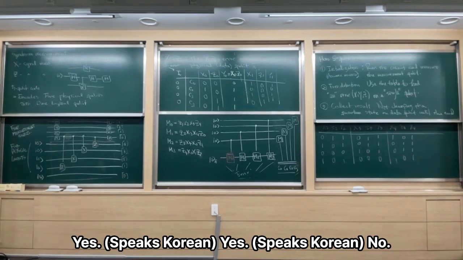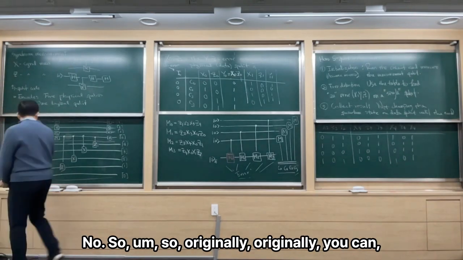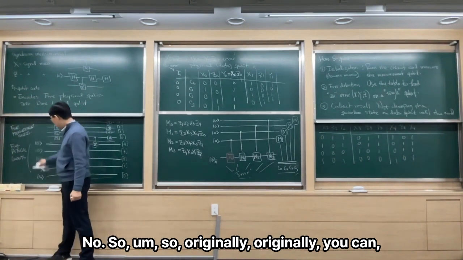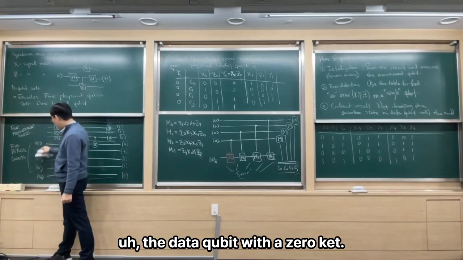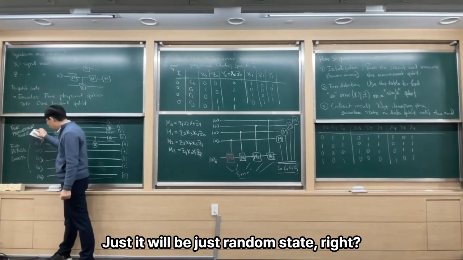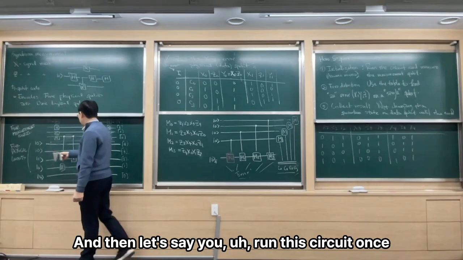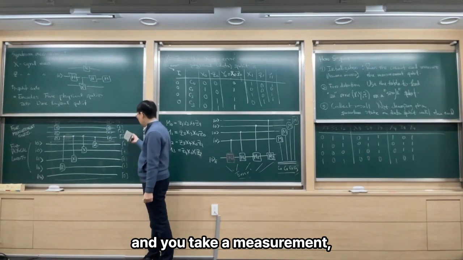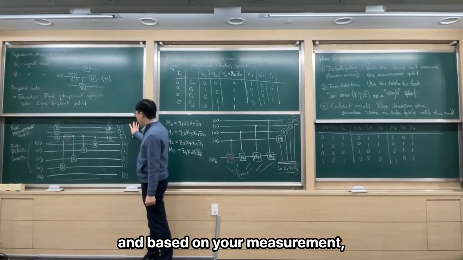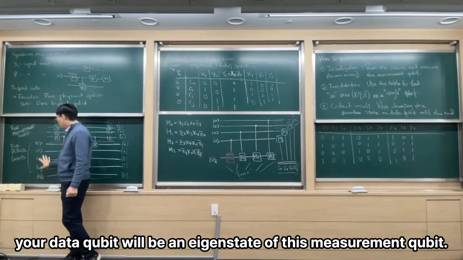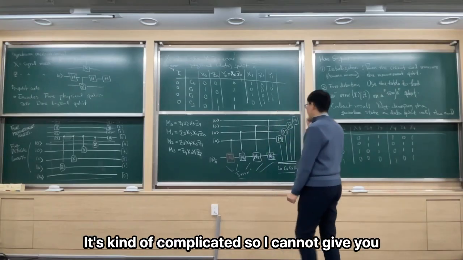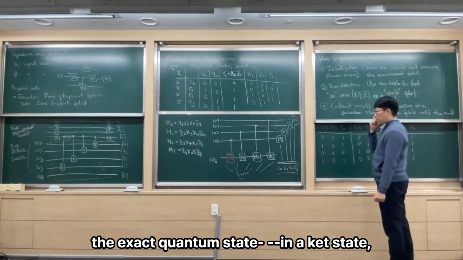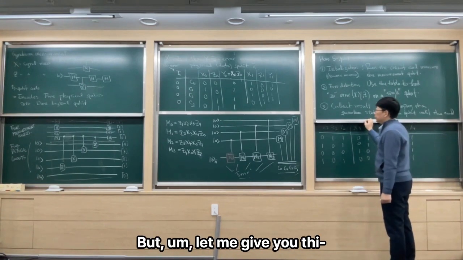No. So originally you don't have to start the data qubit with the 0 ket. It will just be a random state, right? And then let's say you run this circuit once and you take a measurement. Based on your measurement, your data qubit will be an eigenstate of this measurement qubit. So what does that mean? It's kind of complicated, so I cannot give you the exact quantum state in ket notation, but